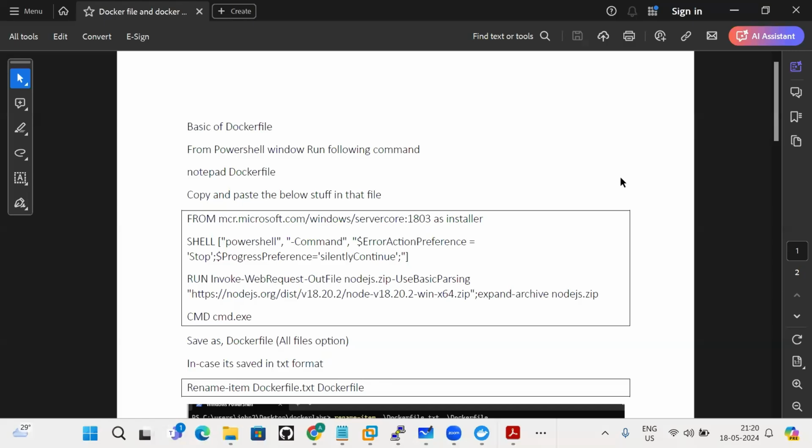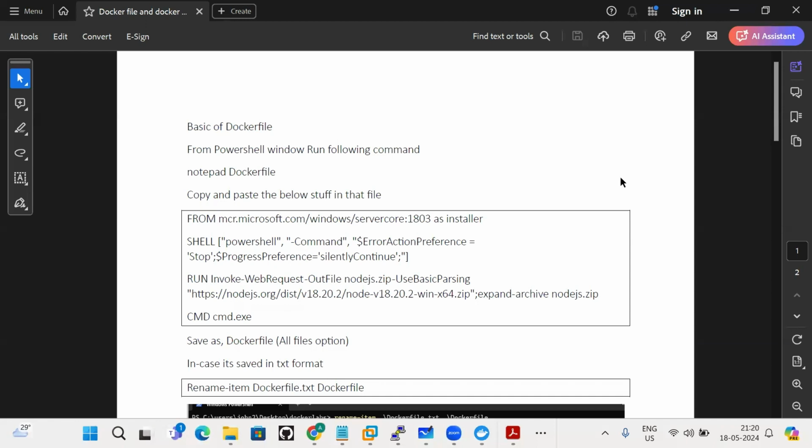Okay. Hello everyone. In this session, we are going to discuss Windows containers, how we can create our own application container using Windows Server Core. So we will be using the Dockerfile concept, same as Linux. But in this example, we are going to create a basic image using the Windows Server